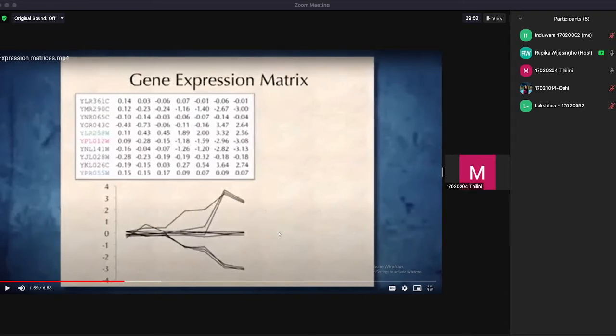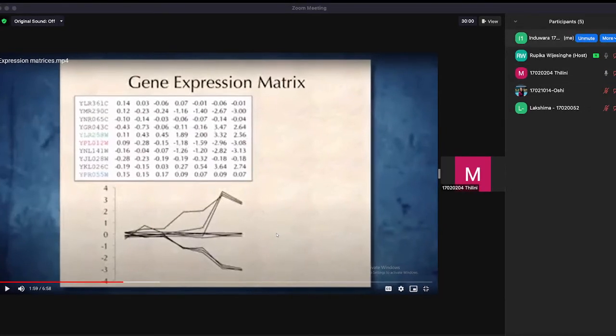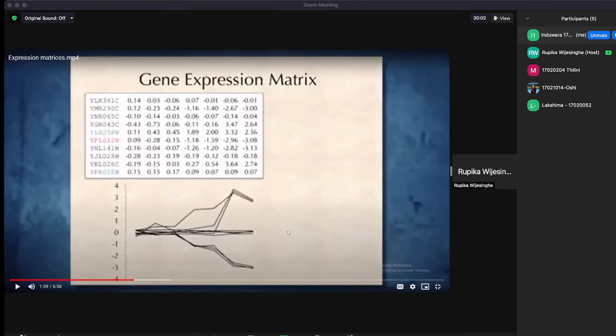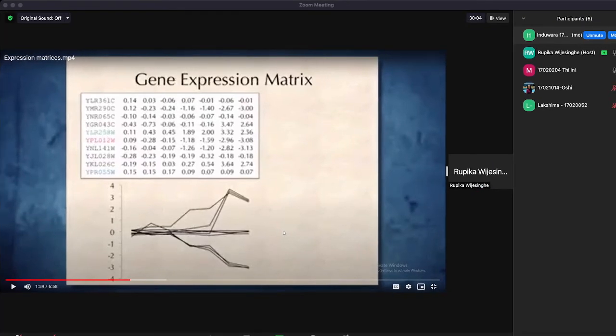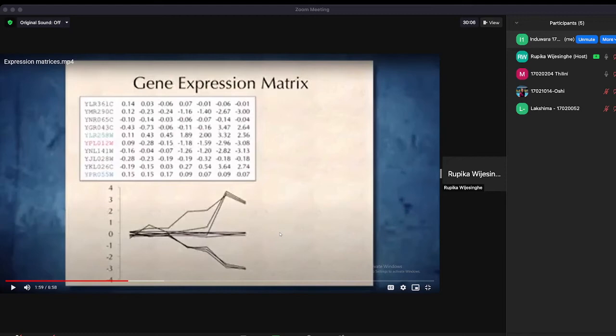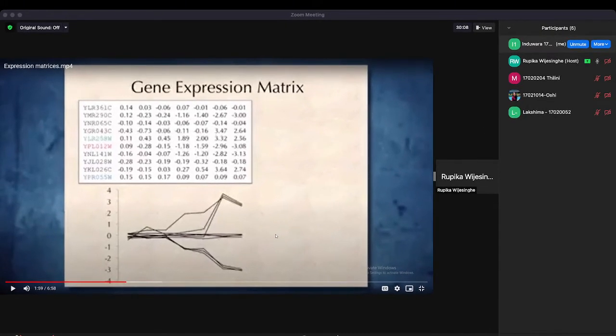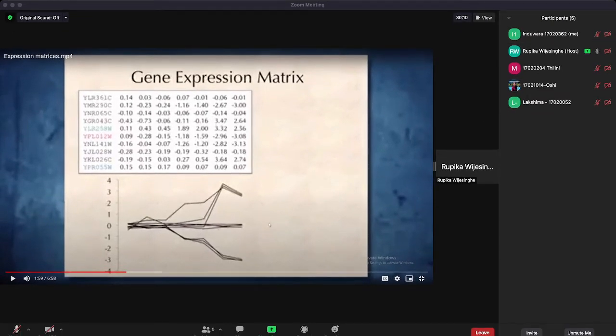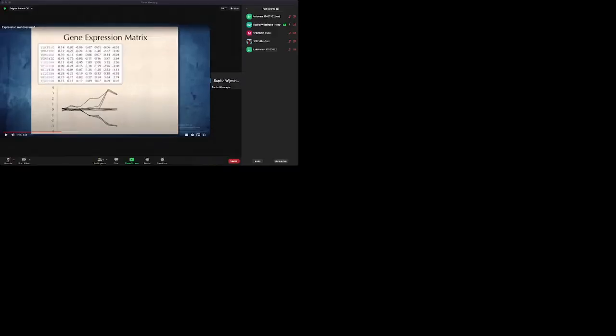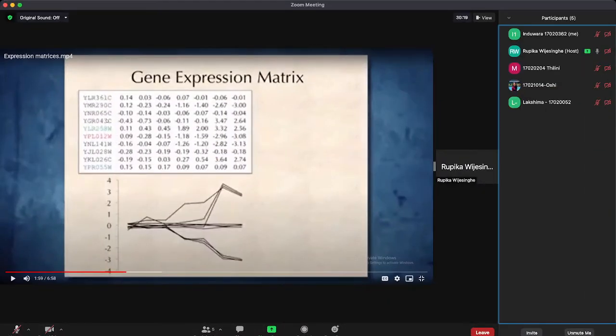It is around 25,000, right? So when we have the gene expression matrix for 25,000 genes,